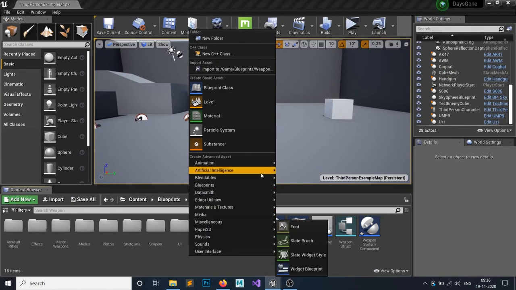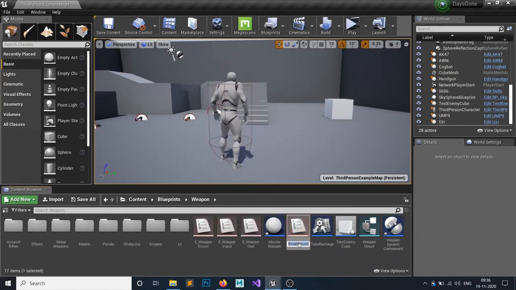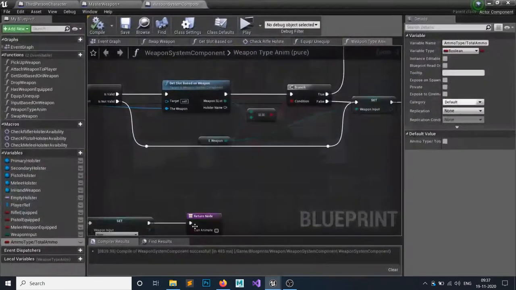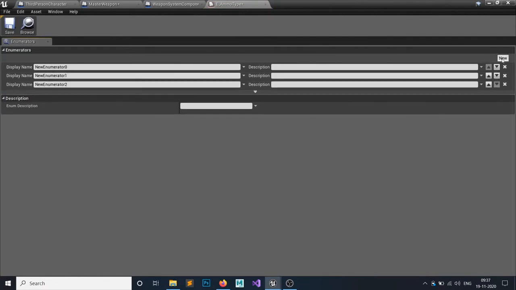So right click, go to the blueprints, make an enumeration. I'm going to call it E_ammo type. Right, open that up, and I need some ammo types. First I will set it to none, because I don't want any gun to by default acquire any ammo type.